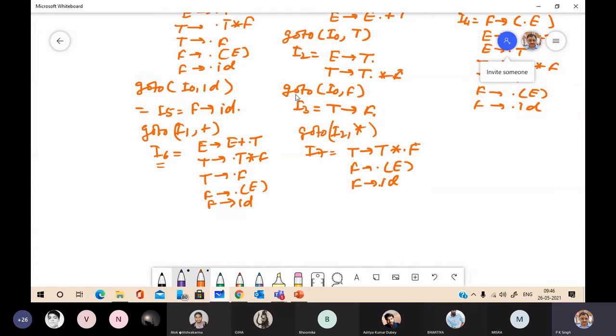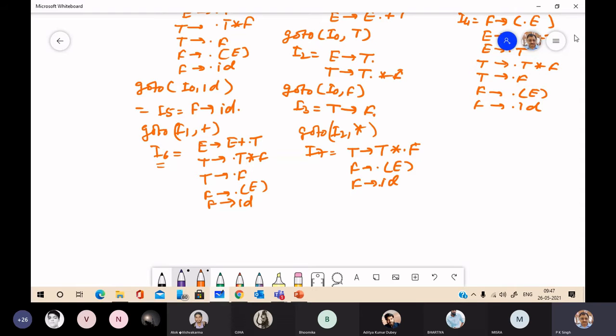Now see, for application of GoTo on item set I3, you have only one item, T to F dot, so you can't apply GoTo on this item set.